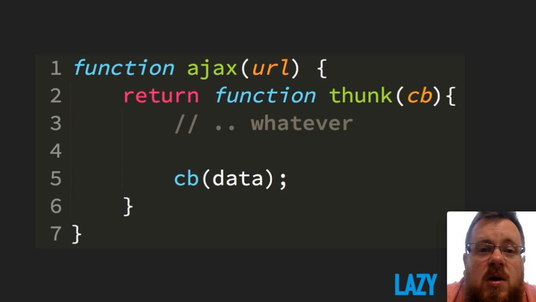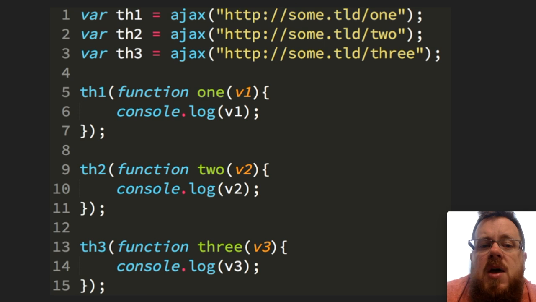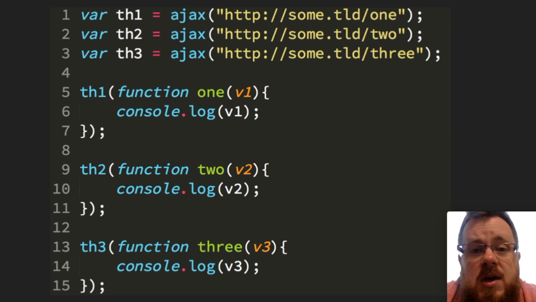That means that we are essentially doing this in a lazy fashion. We set up a thunk that can do the AJAX request, but we don't actually make the AJAX request until we invoke the thunk. That has some profound implications on how we might use the thunk. So for example, if I were to set up a thunk for each of these 3 requests, TH1, TH2, and TH3, as you see on lines 1 through 3, the normal thought process would be that we've already made those 3 requests on each of those 3 respective lines. But as we just saw, the way we're setting up the thunk at the moment, that work has not started yet. Those requests have not gone out.